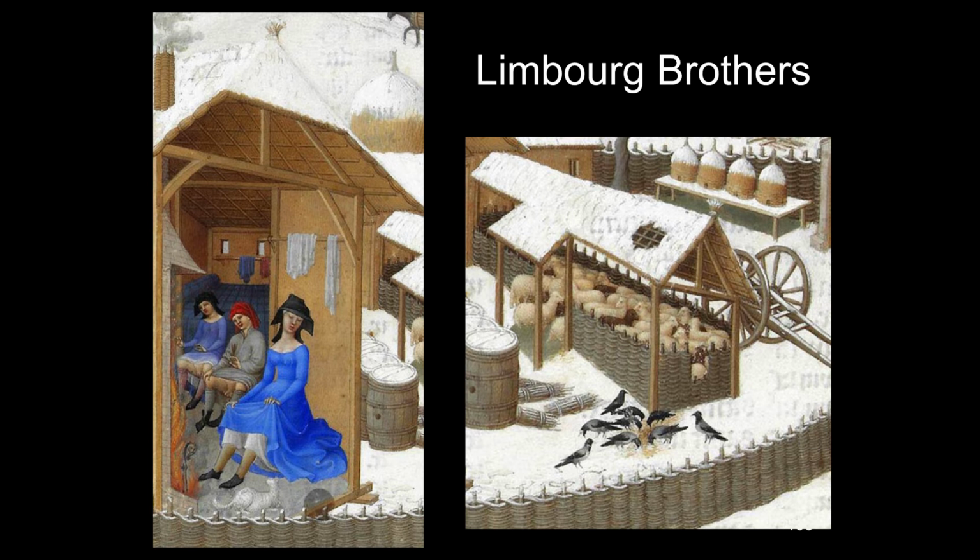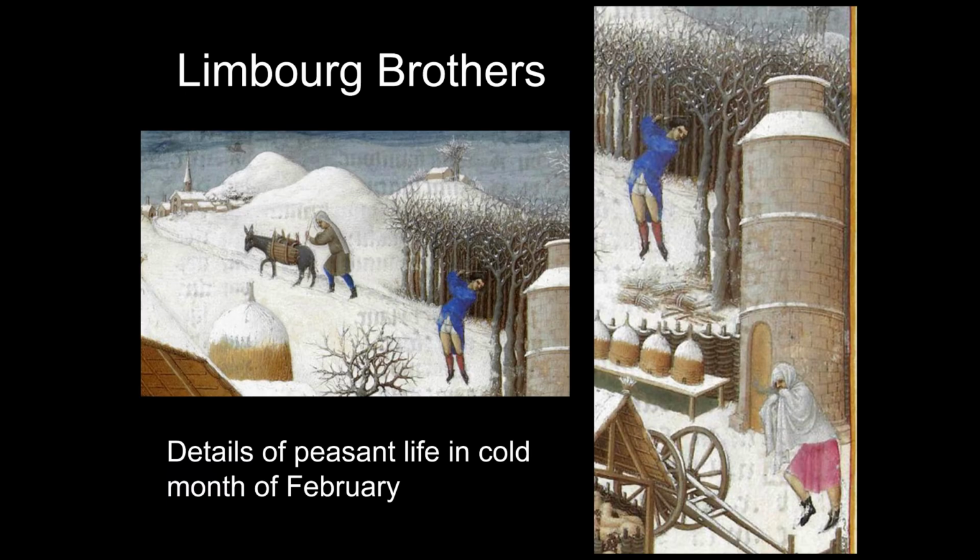Outside, you have barrels with something in them. You have grain, and some of the grain has spilled, and the magpies are enjoying the grain. You have a little sheep cot. They do need to repair that roof, but the little wattle fence is keeping the sheep in, and of course the bees are dormant. You can see the man cutting wood and the other carrying the wood to the village.